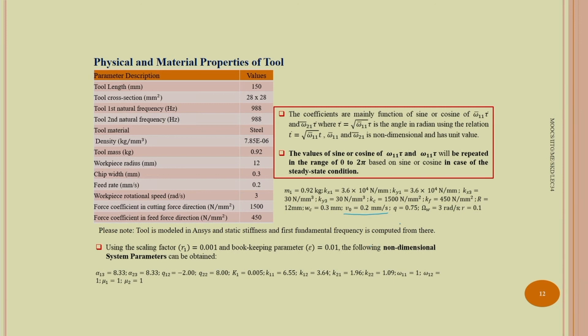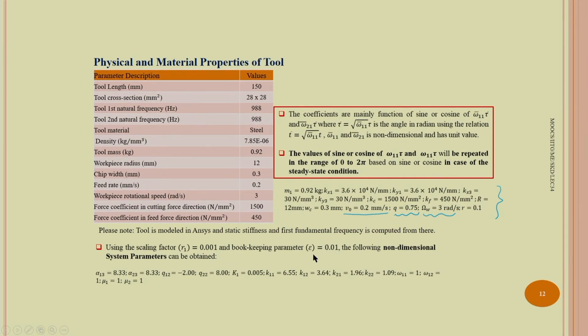Q, that coefficient, the power term you have seen, is taken to be 0.75, and the rotational speed of the spindle is taken to be 3 radian per second. R is the scaling parameter, which is taken to be 0.1. Taking all these parameters, you can observe that the coefficients are coming in the proper order. So, using scaling factor R1 equal to